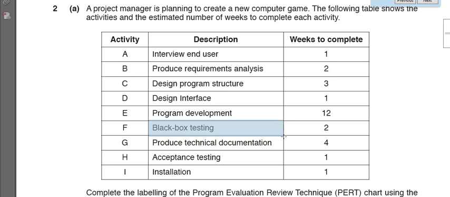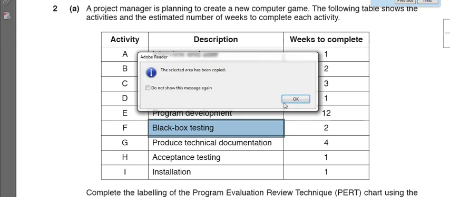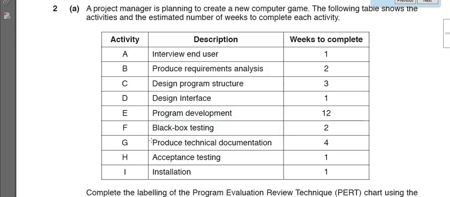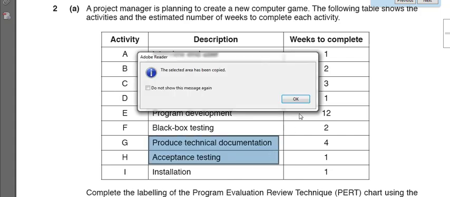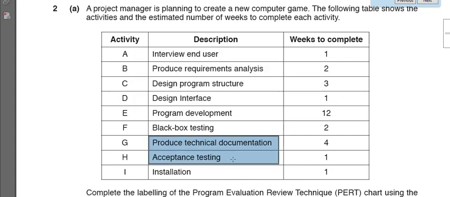So after black box testing comes technical documentation, and documentation can always be done in parallel with other activities, right? It could be done in parallel with testing, it could be done in parallel with black box testing, or documentation can be done in parallel with acceptance testing. And acceptance testing will take place,